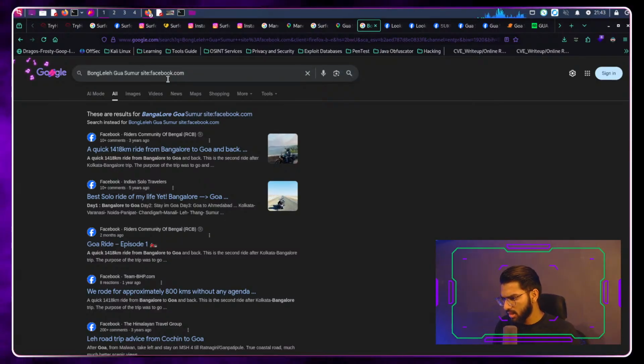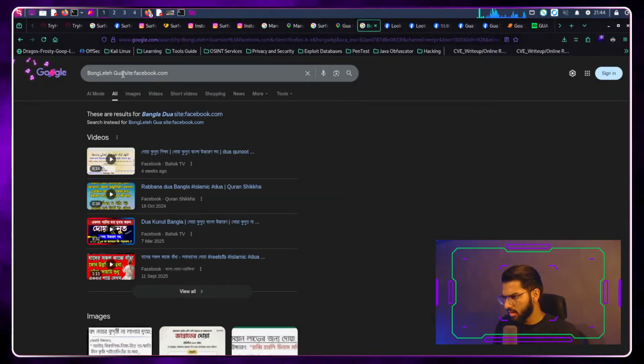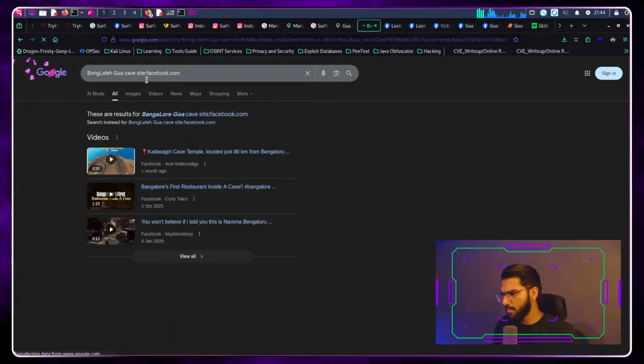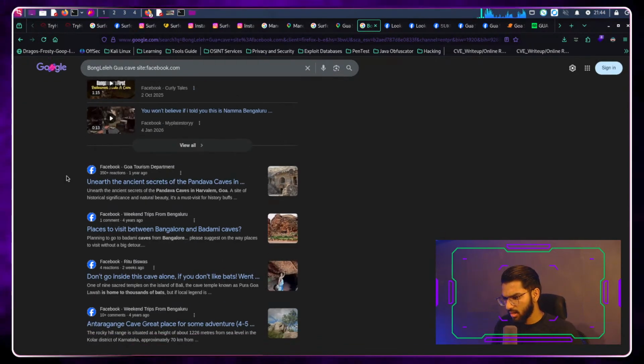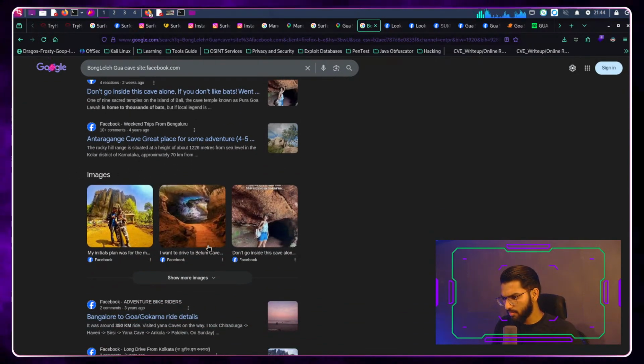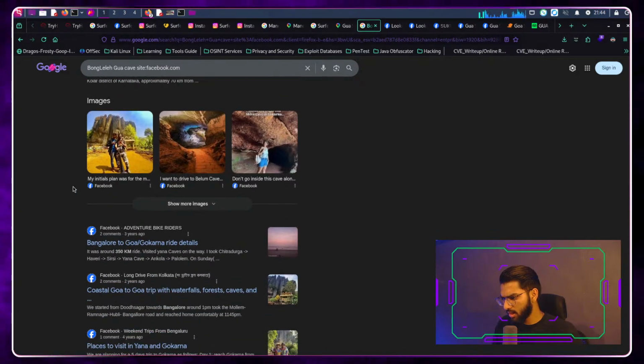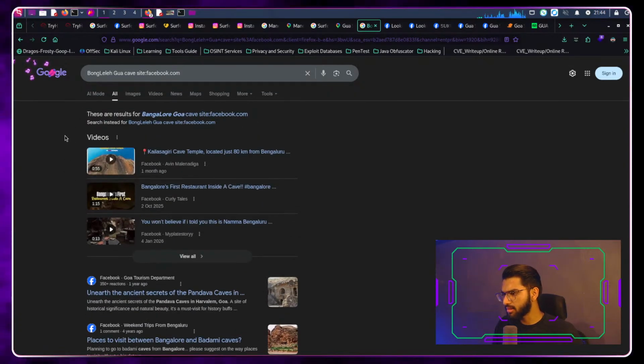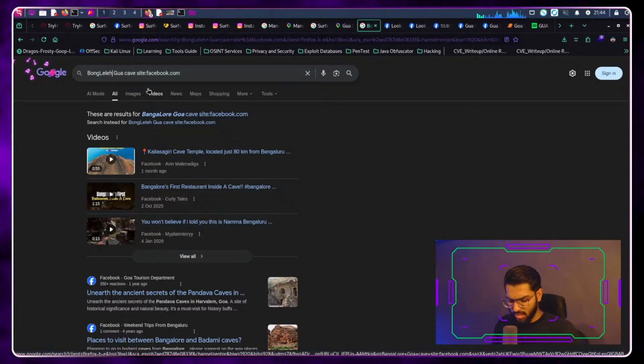Nope, I don't see that. Cave. So nope, it's going to Bangalore for some reason. I don't know why. Let's cut this name and search it here.